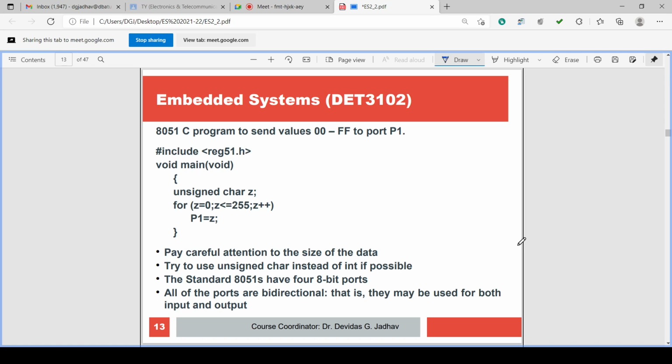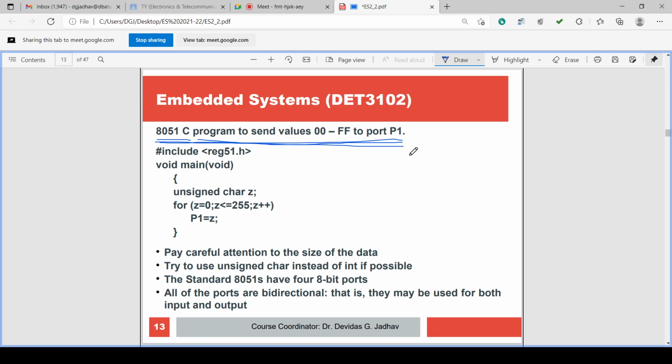Then embedded systems, here we are using 8051C. So in an 8051C program, suppose we want to send values 00 to FF to port 1.